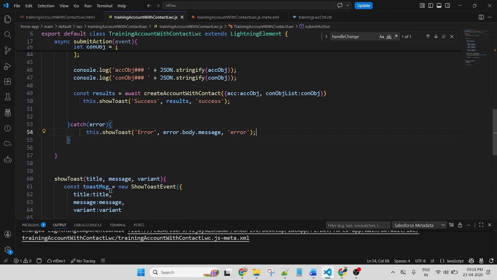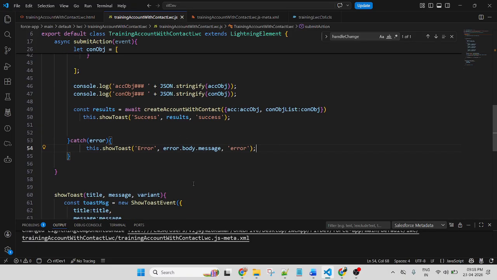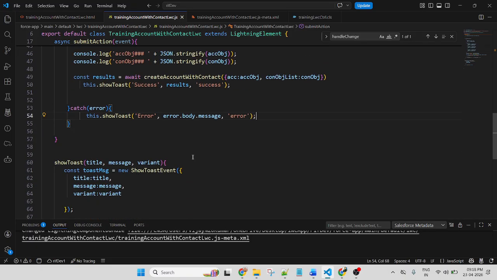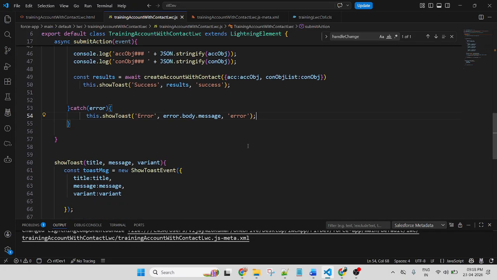So I created a function so it is reusable, not creating the same thing again and again. Now let me save and deploy the code.